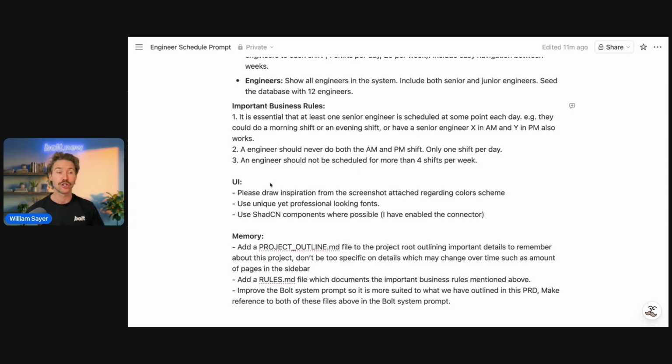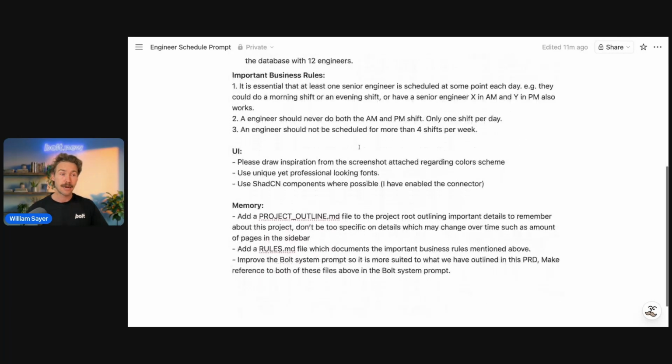And then an engineer should not be scheduled for more than 4 shifts per week. So these are our 3 essential business goals, and we're going to add them, and we've made them really clear by structuring our initial prompt. Like now with the UI,